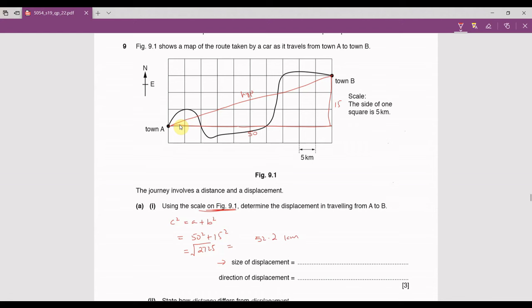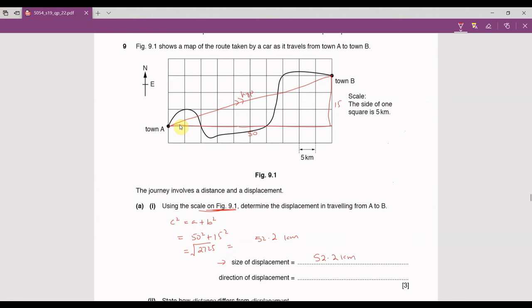So basically just show them that you're using the scale and draw something on the diagram so that they know what you're calculating as your displacement. So I label this line as my displacement. Now what I have to do is also give